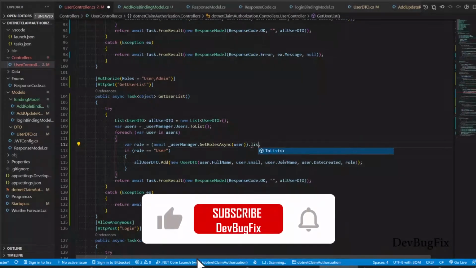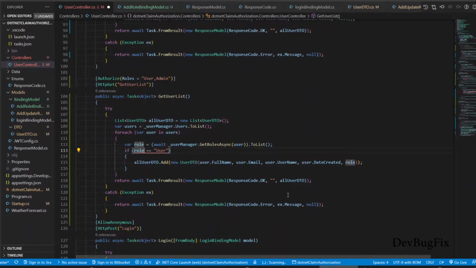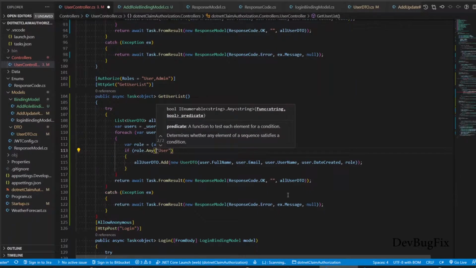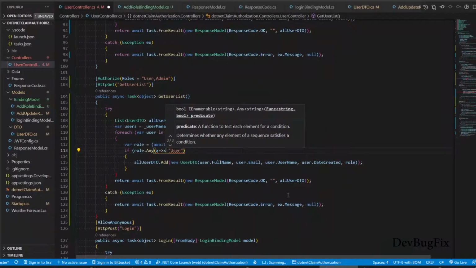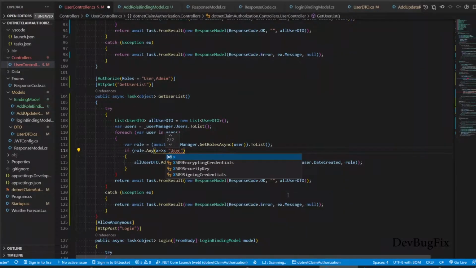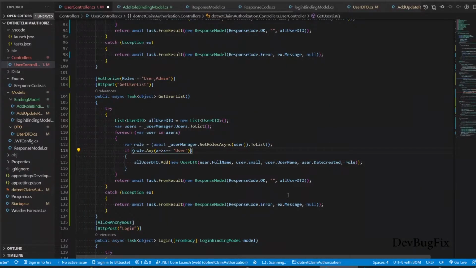In order to check whether the role list has a role of type user, we can use the Any method on the role list array. So Any, we will pass a condition. If the role list has a role of type user, the Any method will return true, else return false. If Any returns true, then we will add that object in a list.